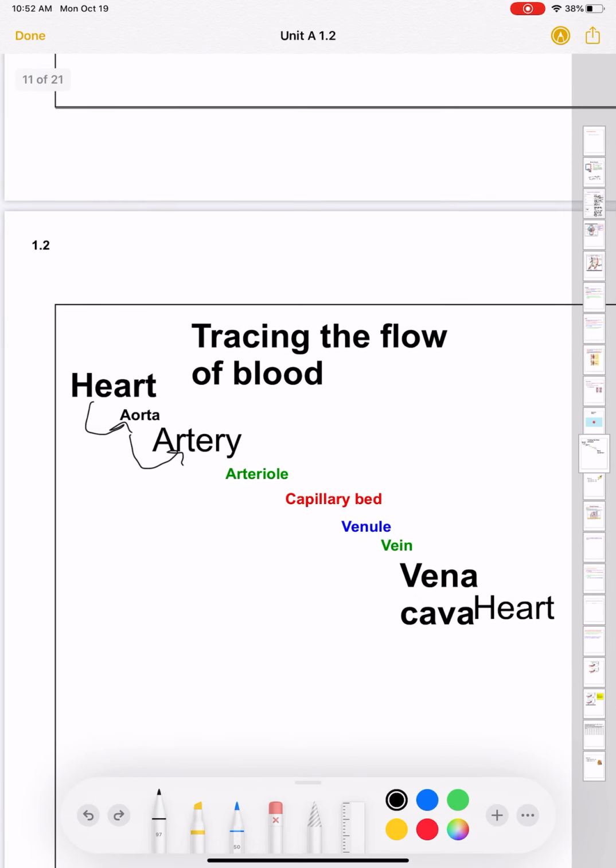The arterioles, and then from the arterioles to the capillaries. From the capillaries, it exchanges the oxygen for the carbon dioxide. Then the venules will start bringing the carbon dioxide blood back towards the heart through the venules, then to the veins, then through the big vein in the heart, which is the vena cava, superior and inferior, and that's inside the heart. And then the whole cycle continues